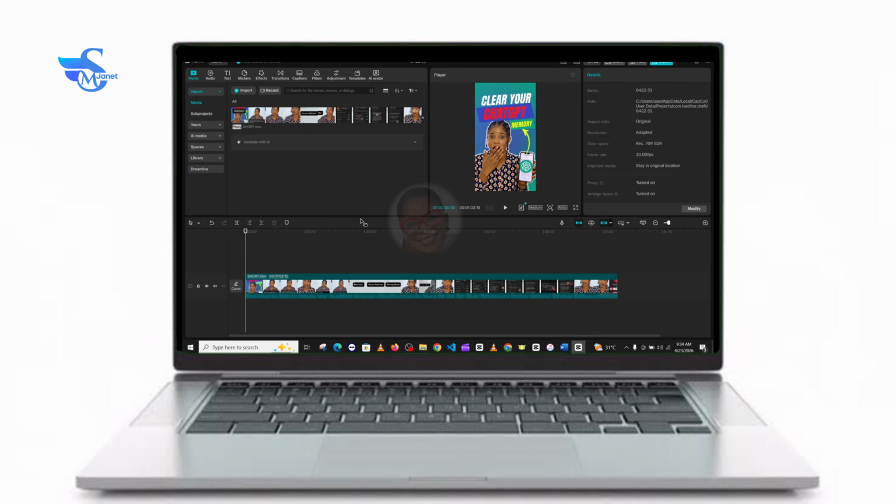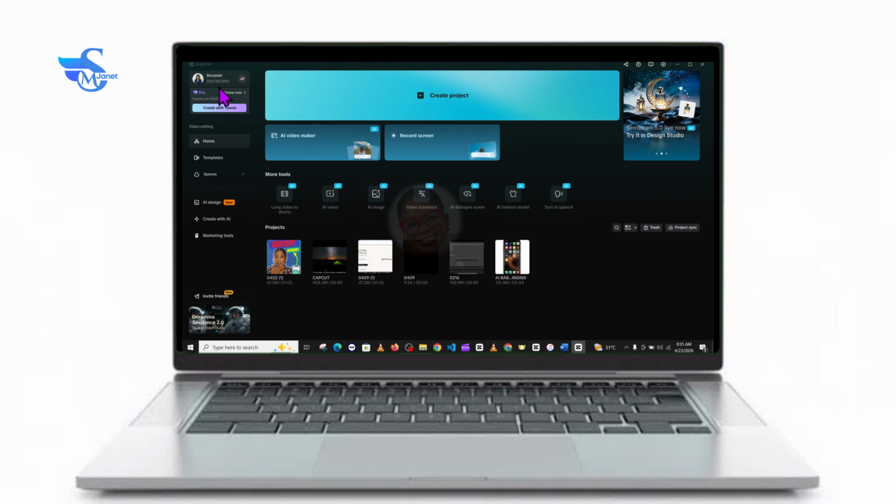So how do you do that? You first need to close your CapCut. Make sure you are signed in with your Gmail account or you have a CapCut account. In some cases, once you click here, you will see this arrow right here. You can click it and it will update your CapCut, but in case you can't find it, click on settings,